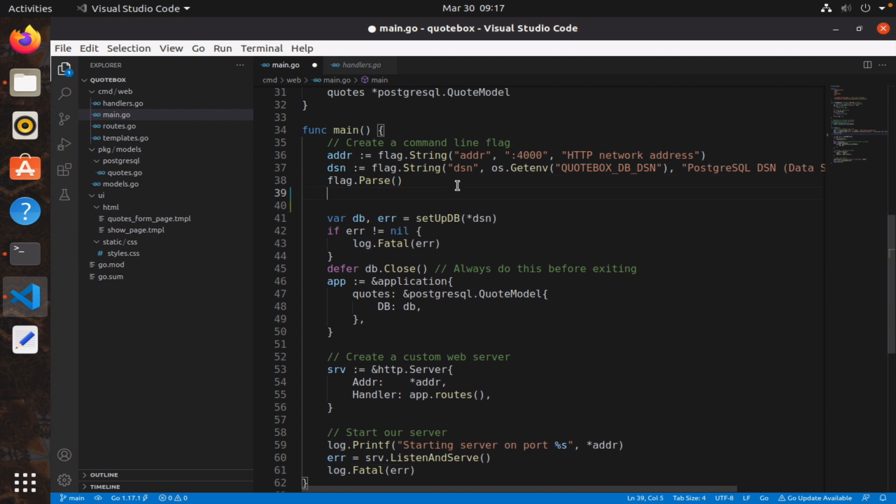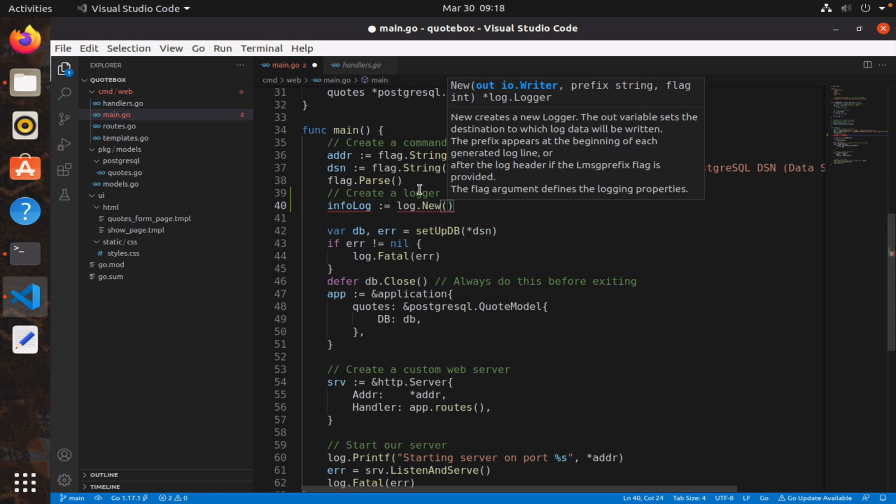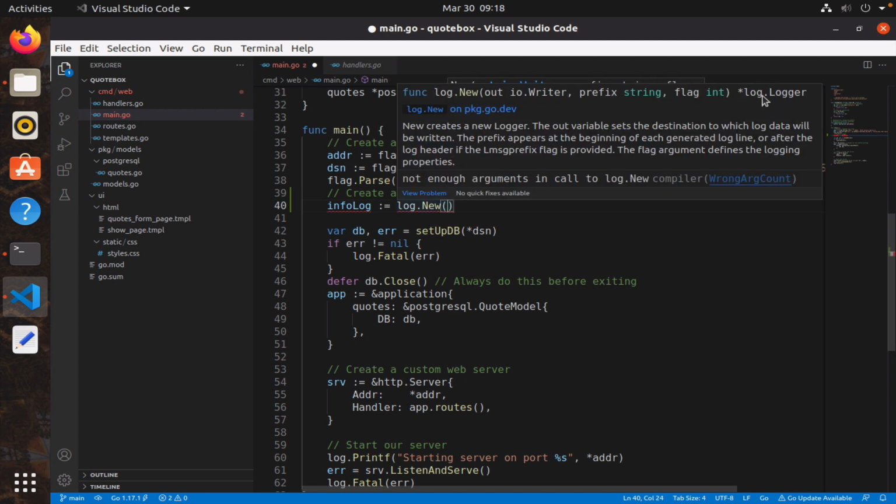Okay, for those of you who, well, you should have already gone over the tutorial. So we're going to create a logger. Okay, and a logger is simply something that allows me to write a log message to. So I'm going to create an info logger, and I'm going to call it infoLog. And to create a new logger, we're going to say log.New. And log.New, if you notice, it returns a pointer to a logger. So it creates a new logger, and the out variable sets the destination to which log data will be